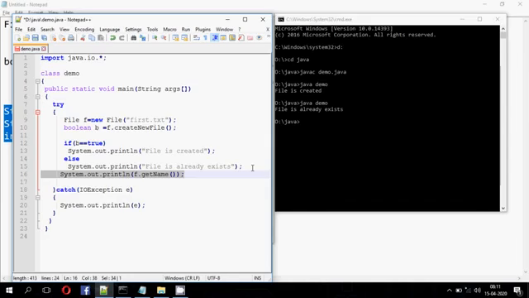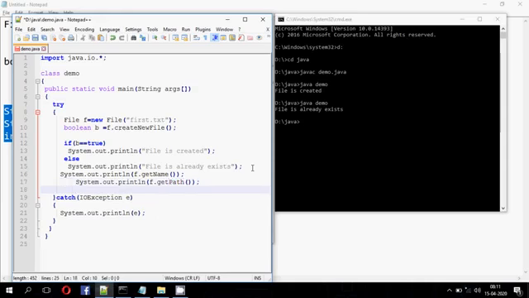Similarly, here we are using the function getPath, which will return the path of the file. Again, here the function is length. The length function will return the length of the file, that is the number of bytes available in a file.